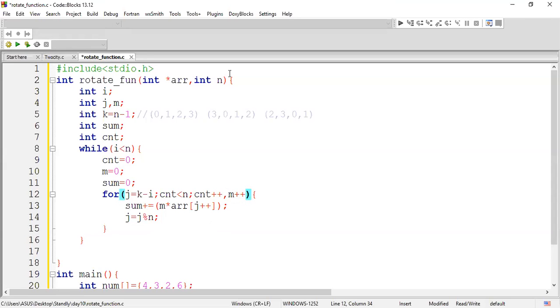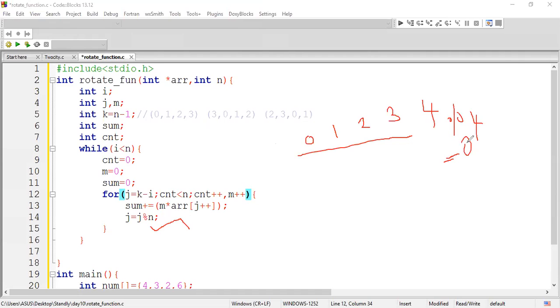Are you able to understand this logic? This is very important for your cyclic shift. Say you have the 0th index, first index, second index and third index. After this, if you want to make a rotation to the first index, 4 modulo the length of the particular array gives you 0 again.